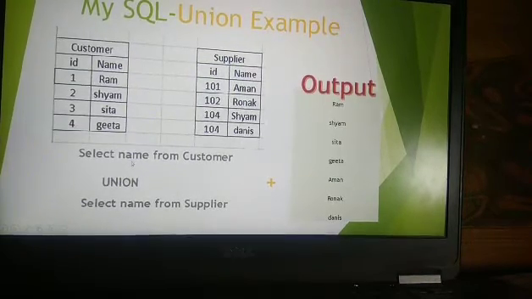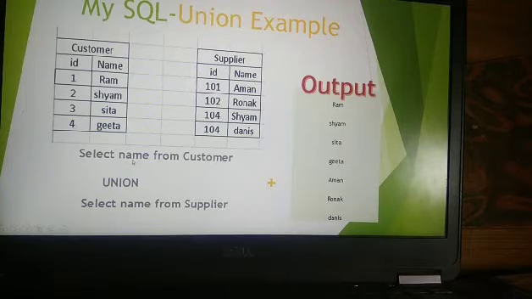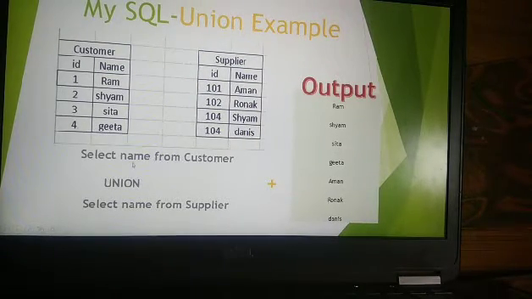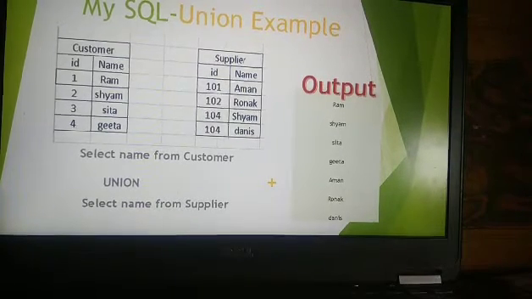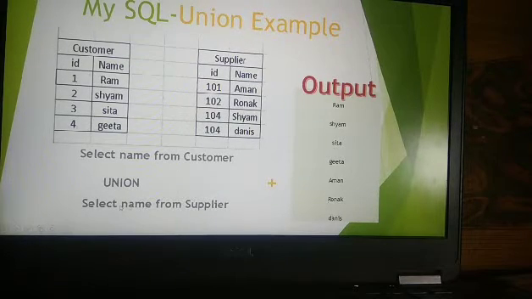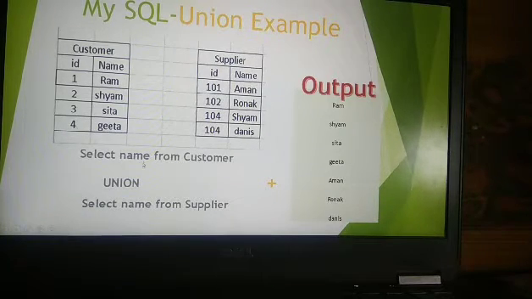Suppose we write one column here, only name, because we only have to display name. Suppose we have to display ID and name in the customer table, then we write ID comma name. Here also you will have to take two columns, otherwise an error will come. If you take one column here, then there should also be one column there. If you take two columns here, we will write two columns there as well. Is it clear?